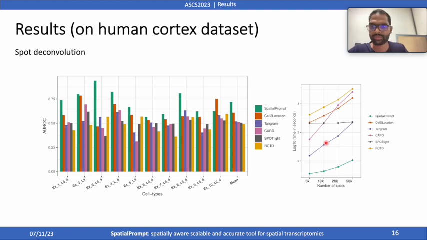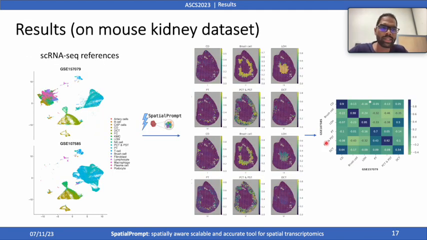scalability test. One of the major disadvantages of the existing spot deconvolution algorithms is that the results mostly depend on the reference. If you change the reference, the spot deconvolution results also change, so there is very little robustness in the existing tools. To test the robustness of our tool, we took two different single cell RNA-seq